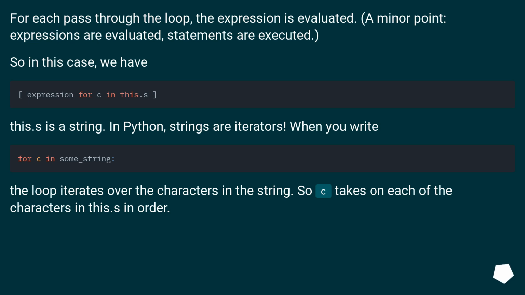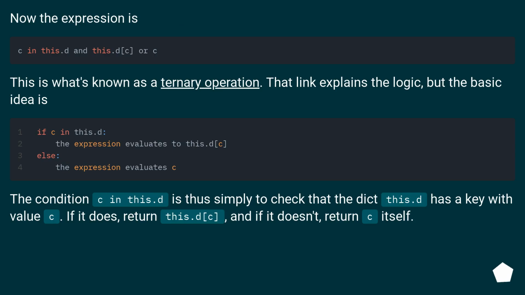this.s is a string. In Python, strings are iterable. When you write this, the loop iterates over the characters in the string. So c takes on each of the characters in this.s in order. Now the expression is this. This is what's known as a ternary operation. That link explains the logic, but the basic idea is: